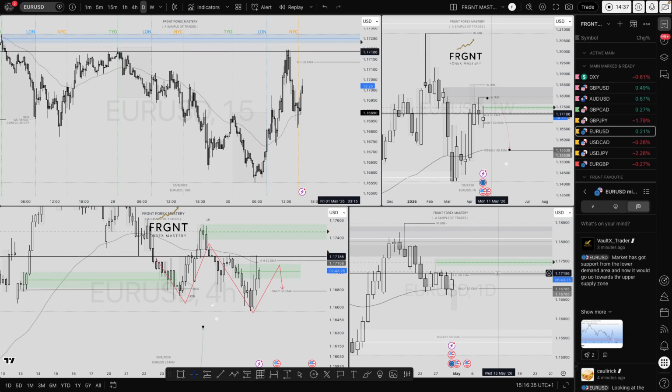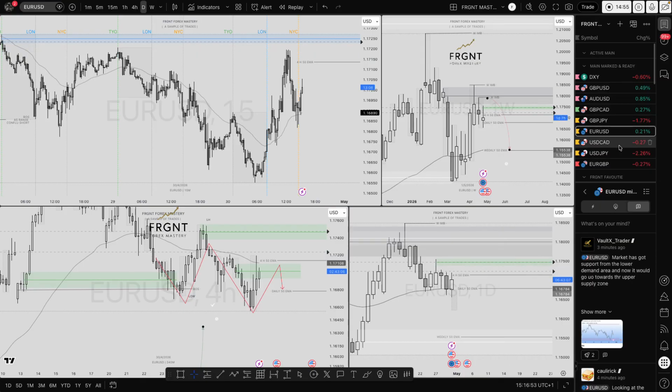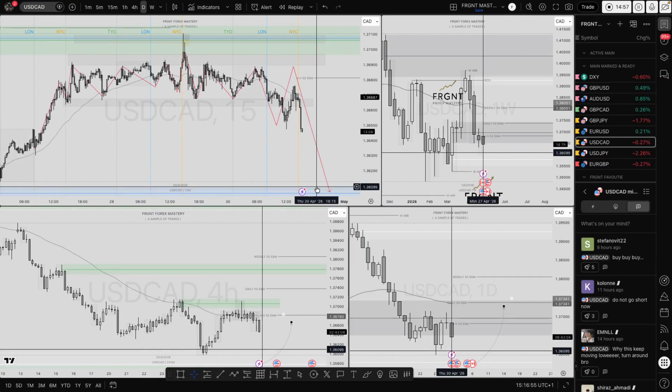Hopefully, we can get a break below that daily 50 MA as a result of DXY. Hopefully, the bullishness steps into the market again, which will, of course, drive those cross pairs down. So just a bit of patience to be exercised for now. Tomorrow is a brand new trading day, and we'll see how we fare. UCAD, I was interested in UCAD.